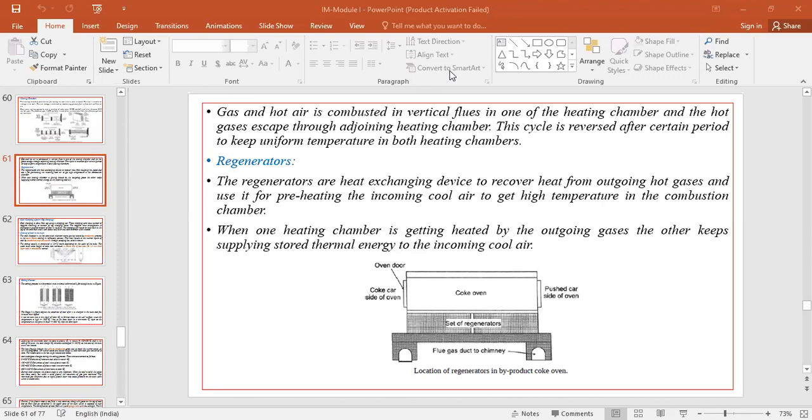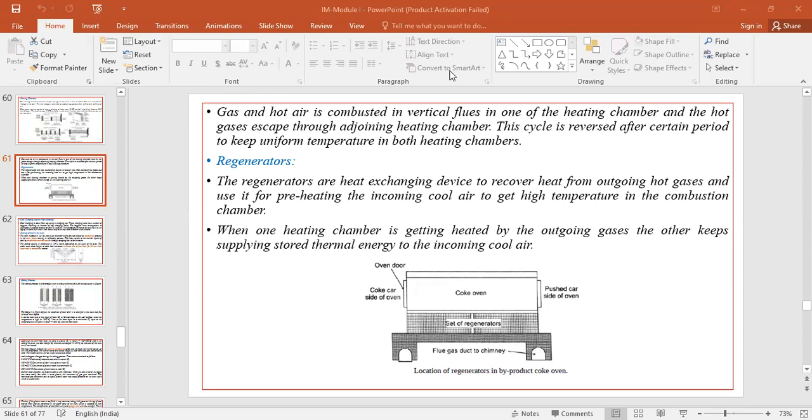In the last class, we discussed the byproduct oven process, where coke is prepared in a slot kind of coke oven that works on the principle of the regenerator. These regenerators are basically heat exchanging devices which are located below the ovens,